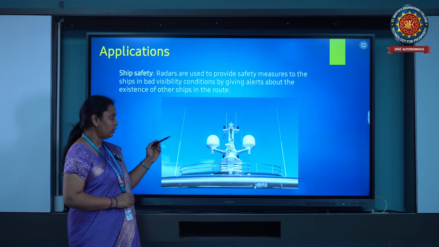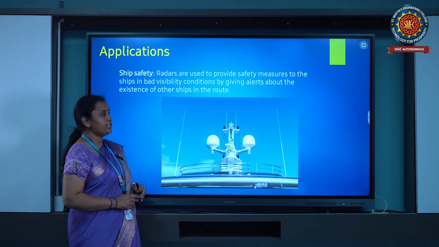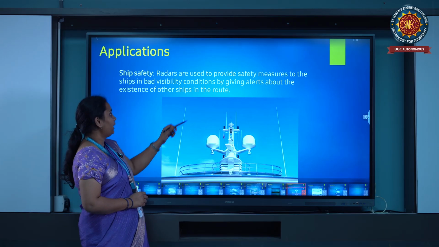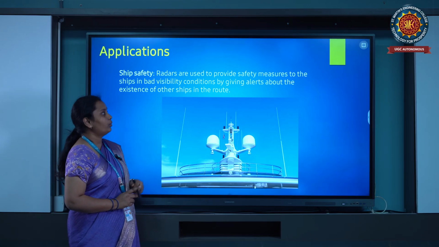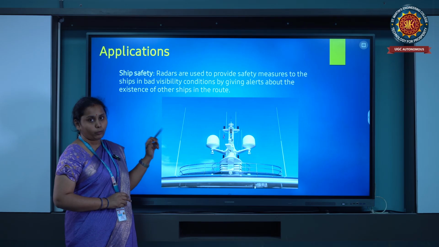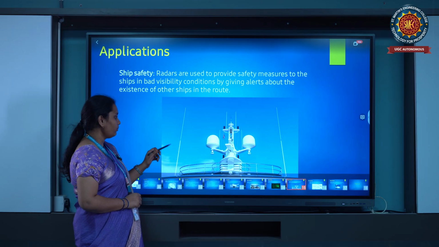So we need this radar in bad visibility conditions and to alert the team about the existence of other ships in the route. If we get the alert first, then we can avoid that threat.